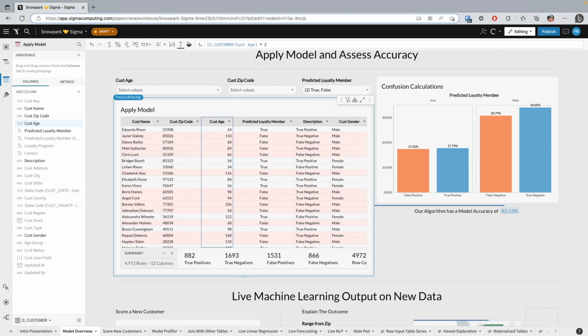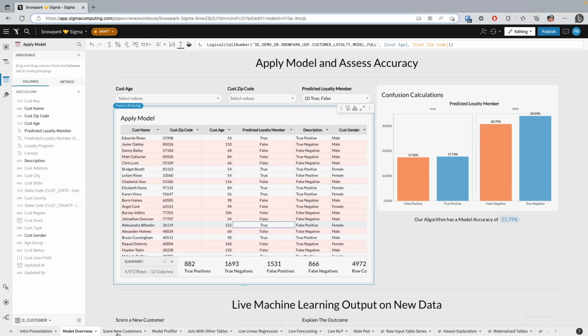So while this query is calculating, what's actually happening, as everywhere else in Sigma, is that we're sending a Snowflake query back to the Snowflake warehouse, and then we're displaying the results here. So we can see the falses for all our 110 folks. This 122-year-old was actually approved for the model, so it must be coming from a good zip code. But we're able to see an example of what it actually looks like to allow a business user to apply this model on the fly.